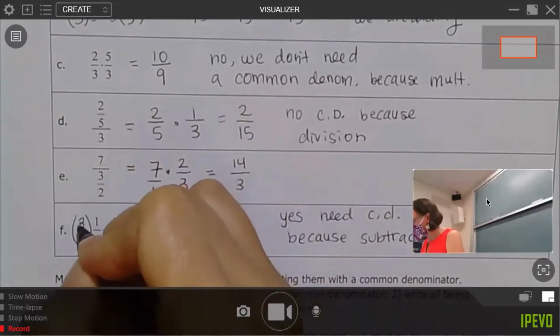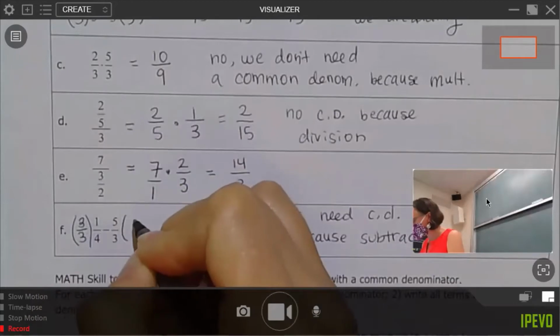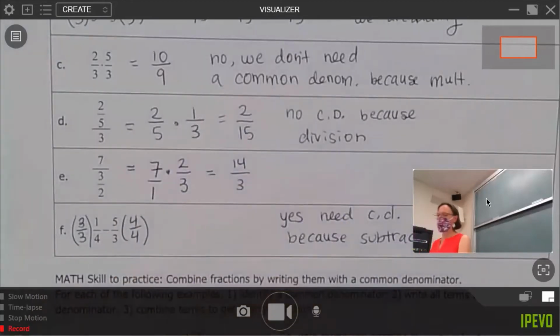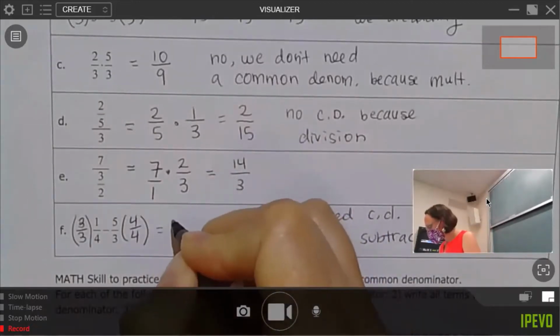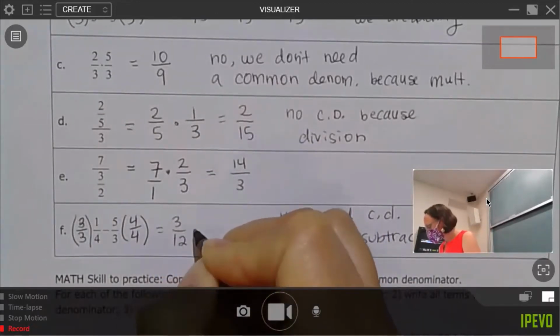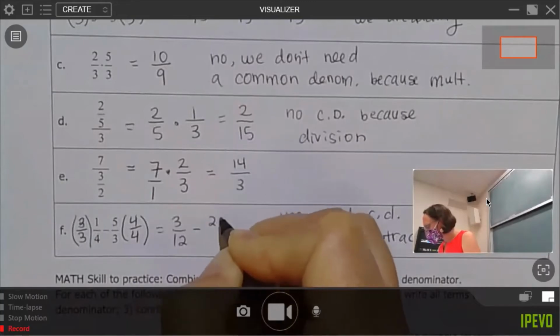I'll multiply by 3/3 over here and 4/4 over here, which is going to give me something that looks like 3/12 minus